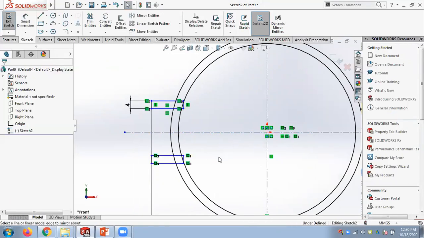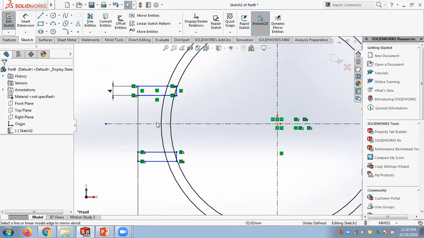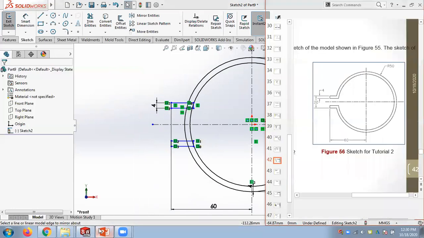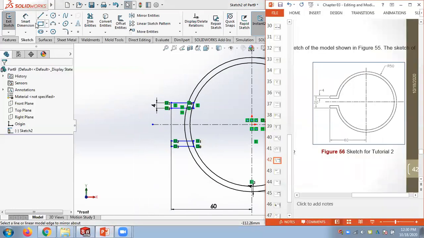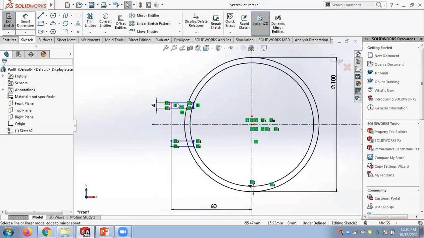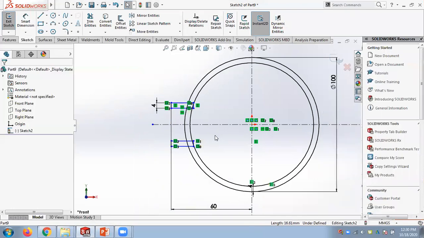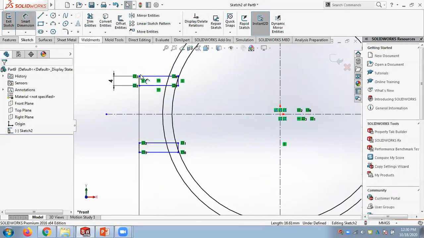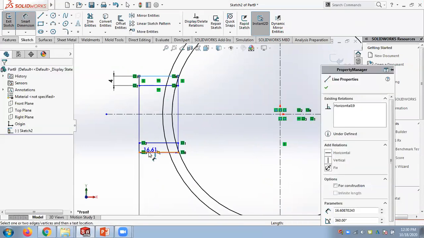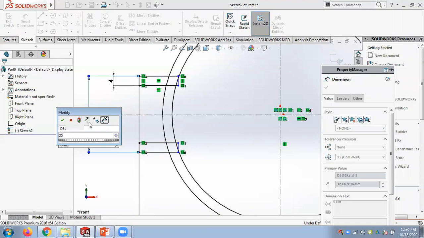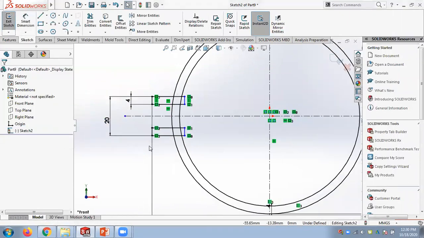Okay, done. Now what we can do is we have to trim the things and give the dimensions. So we can give this 20. Now 20 given, you can see the mirror effect is working.